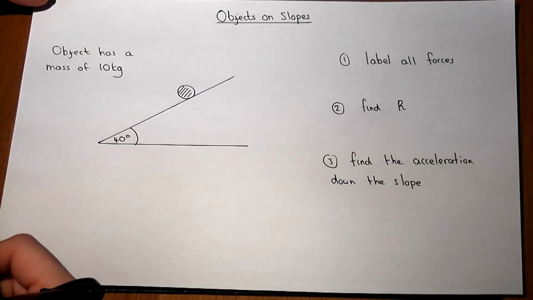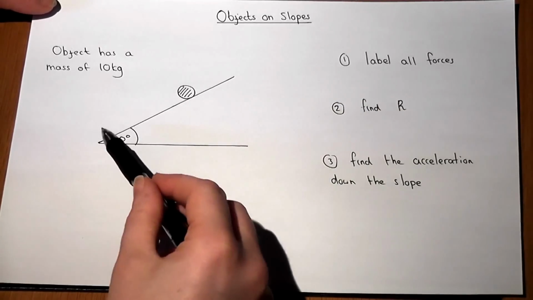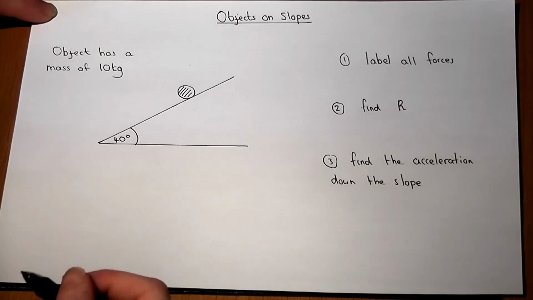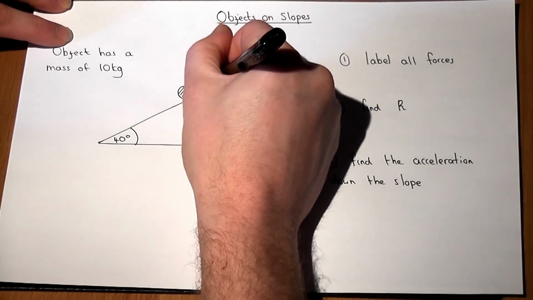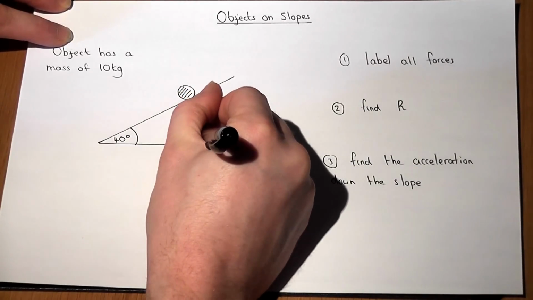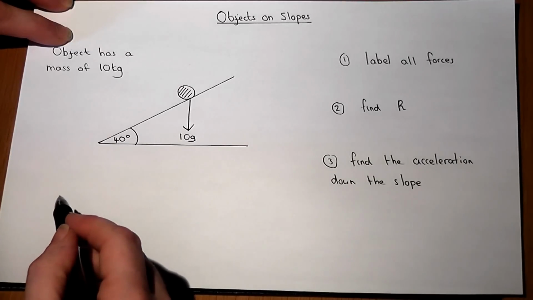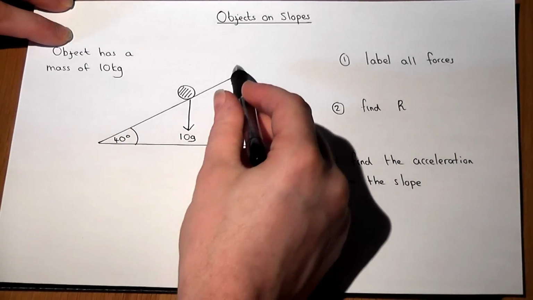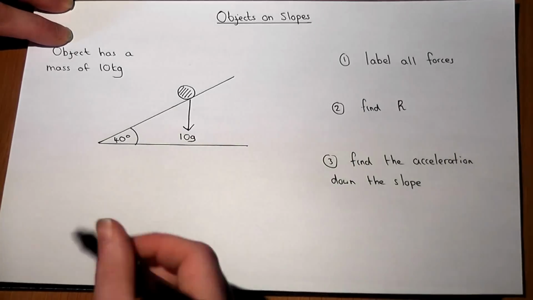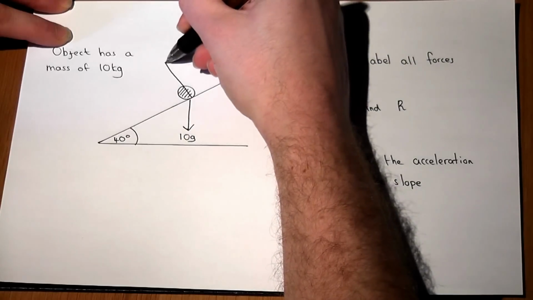One key skill in M1 is to be able to cope with objects on slopes. Now this has a mass of 10 kilograms, which means it's got a weight acting downwards of 10g, 10 times gravity. But this object stays on the slope because of what's called a normal reaction force, which is perpendicular to the slope,